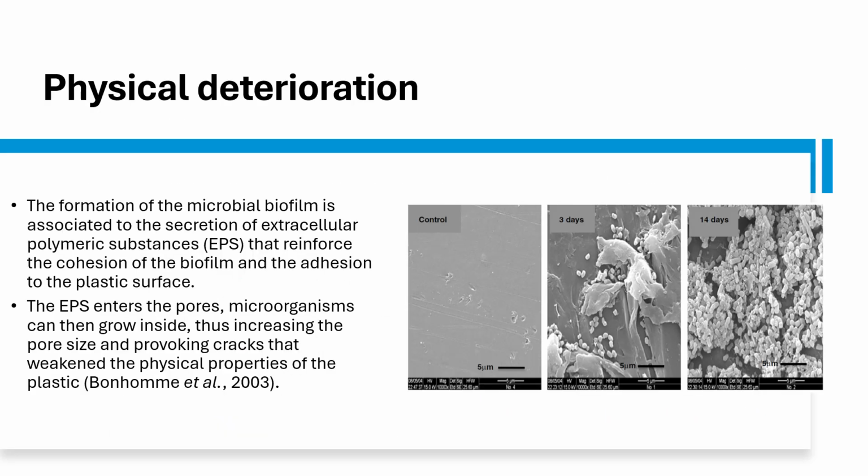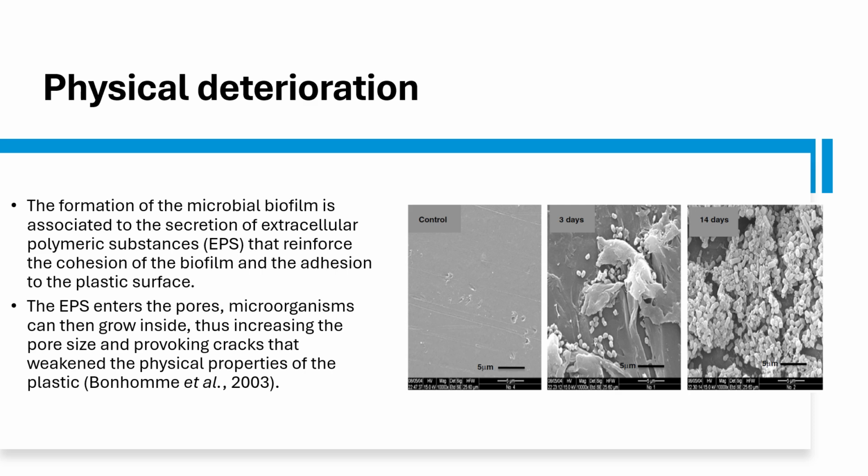Physical deterioration of plastic. The formation of the microbial biofilm is associated with the secretion of extrapolymeric substances, which we call EPS, that reinforce the cohesion of the biofilm and the adhesion to the plastic surface. These EPS enter the pores. Also, microorganisms can grow inside, thus increasing the pore size and provoking cracks that weaken the physical